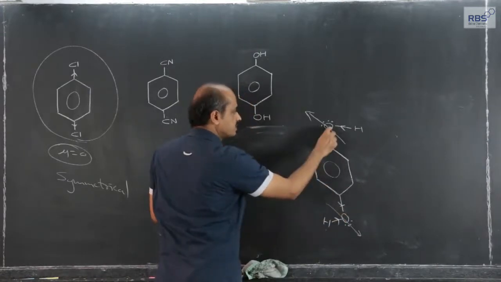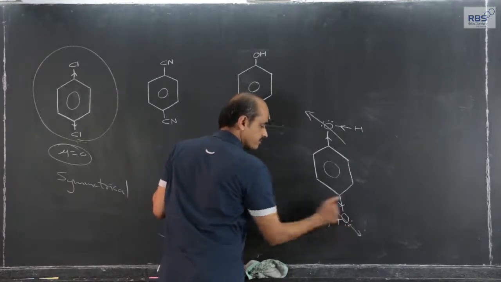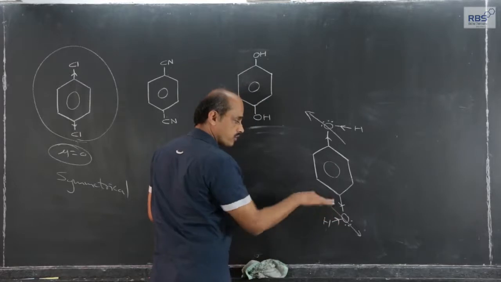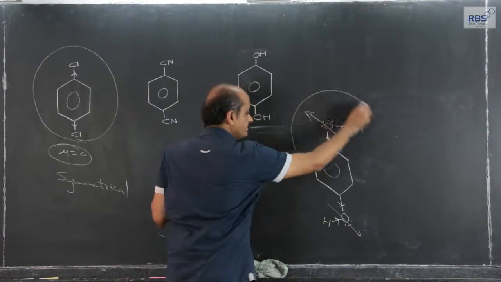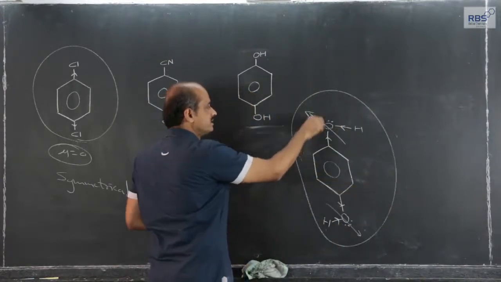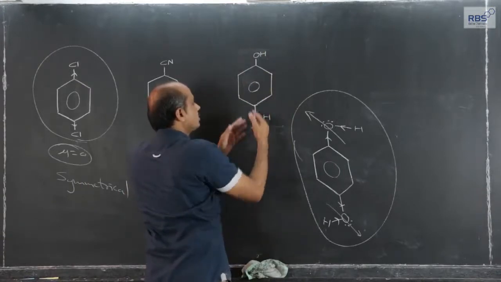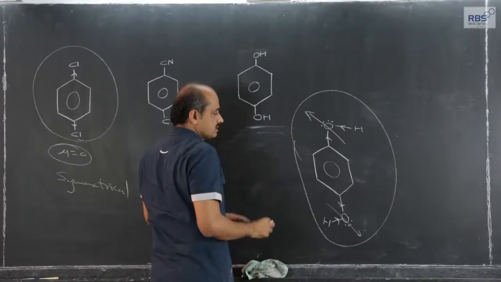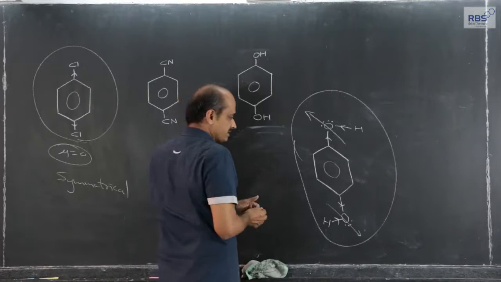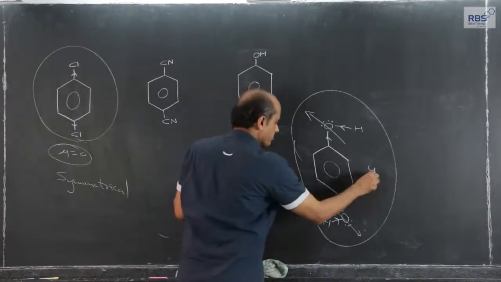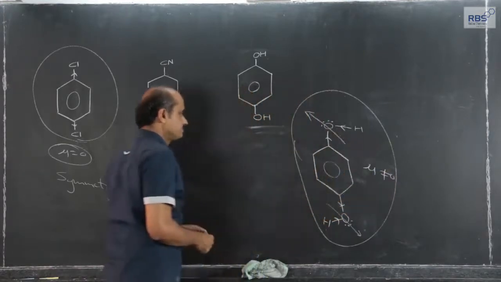This is V shaped, this is V shaped, and you cannot be sure that hydrogen is on this side, it can be on this side. The bond angle will be different from what it is in case of water, and because of this there will be certain effective polarity present in this molecule. Although it is 1,4 position, these two will not compensate each other's effect. A certain effect will be there, residual effect I may say, or resultant, and therefore dipole moment here cannot be 0. There will be certain dipole moment.